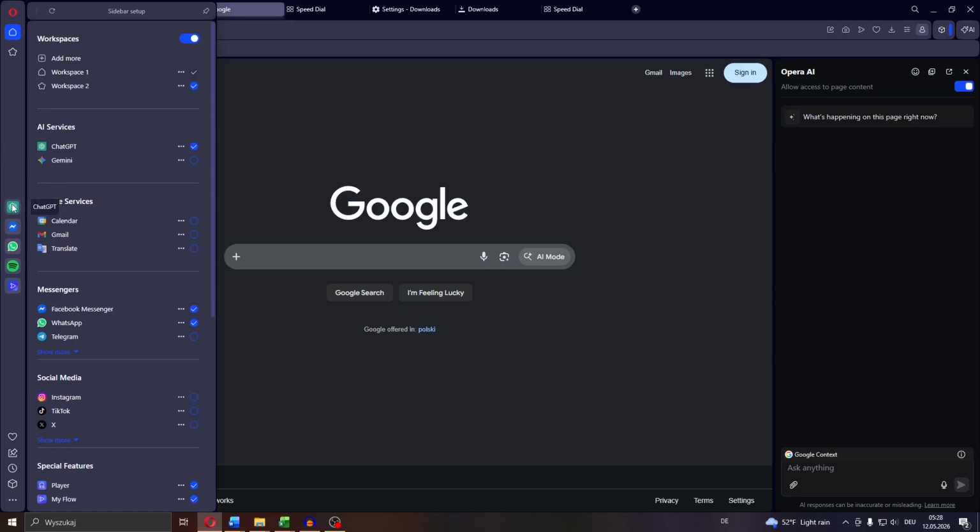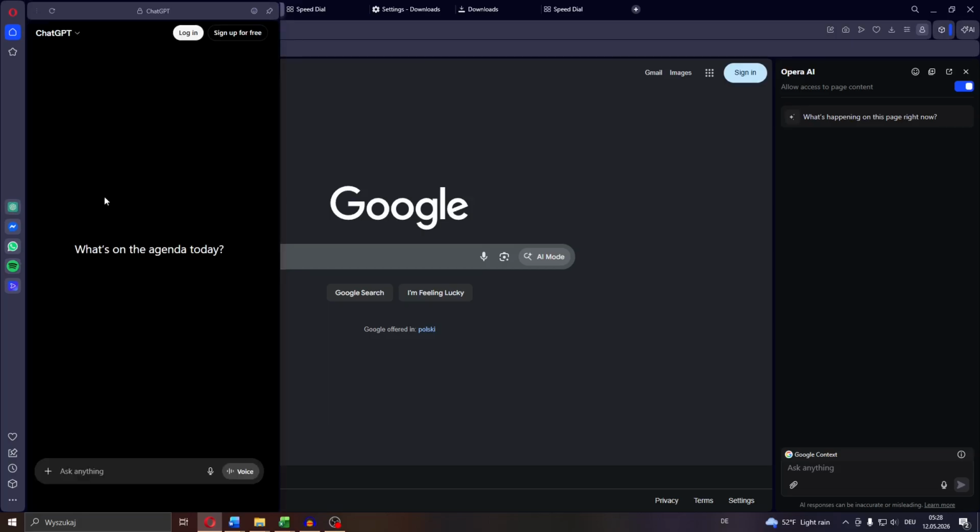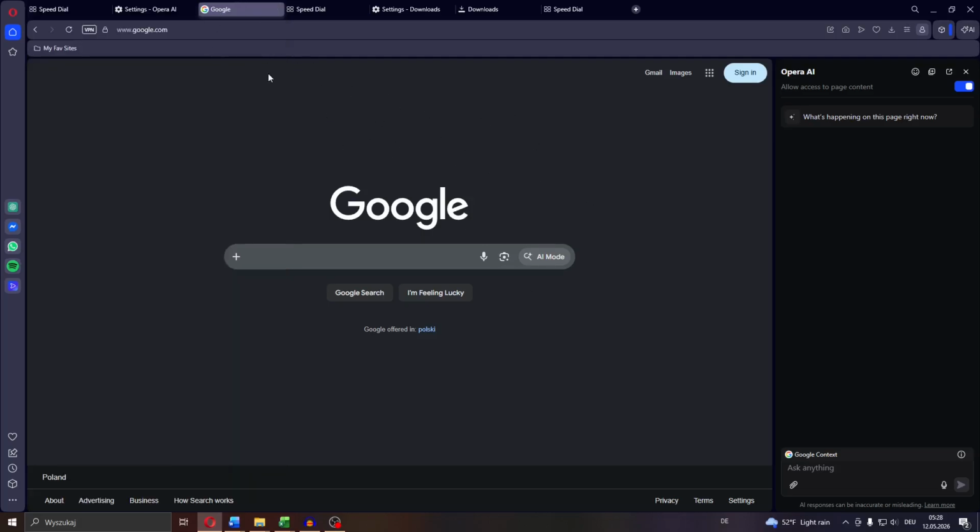So to access the chat assistant on ChatGPT, click into it and you will be redirected to that left sidebar here, or left stripe, or area where you can start your conversation with ChatGPT. Also log into your account if you like here via Opera browser, and at the same time stay on the given website or tab to discuss